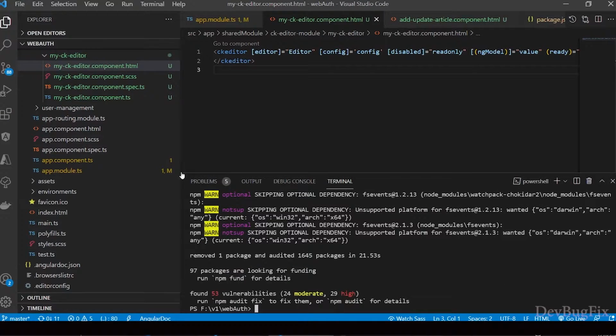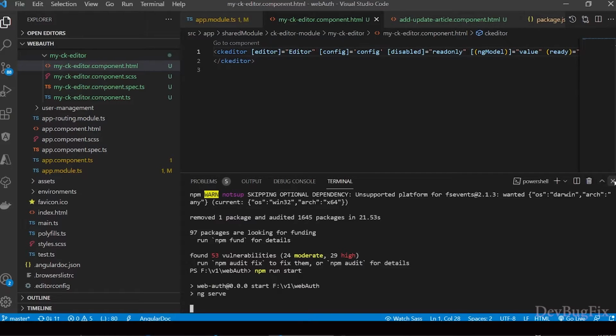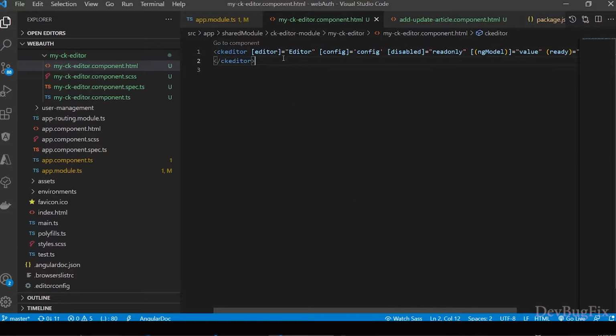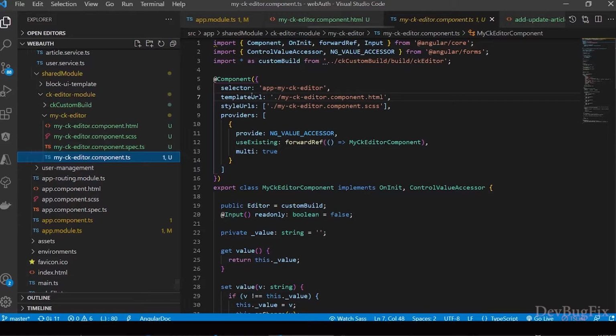You can see the error has been fixed. Start this application again with the npm run start command. I will close the terminal. Go to the TS file of this component. I will change the selector name, remove "my" from the selector, copy this selector and go to